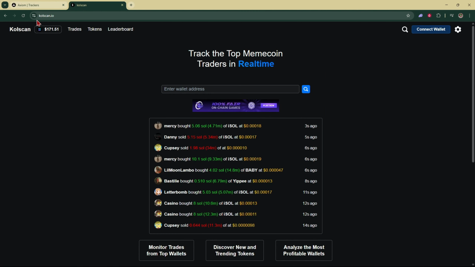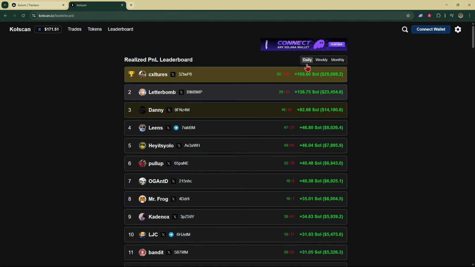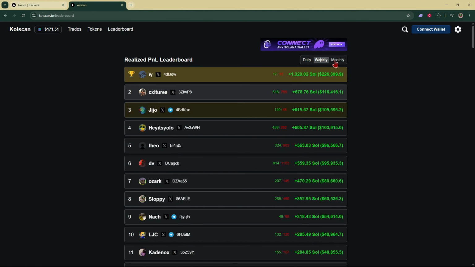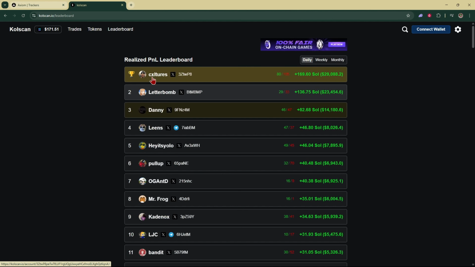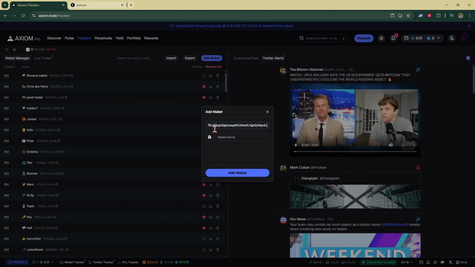Now, a good place to start to find wallets to track is right over here at colescan.io. You're going to come to a page that looks like this. Click on leaderboard. And on Colescan, it'll actually show you the top traders daily, weekly, and monthly. So let's say I wanted to track Cultures right here. I'll just go right next to his name, click on this wallet. And as you can see, it copied. Go back into Axiom, paste the wallet in right over here,